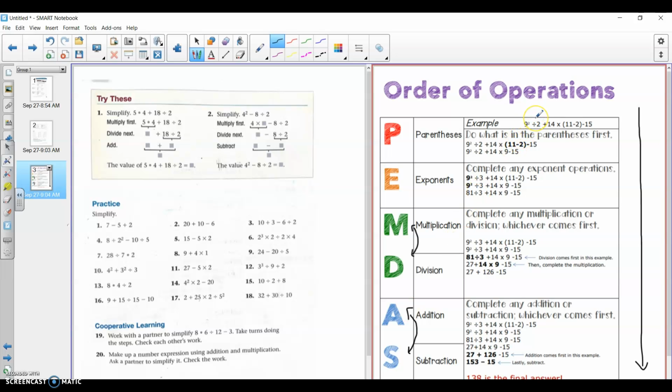If you look at this problem up here, you have a multiplication here and you have a division here. So you would have to do the division before multiplication, but obviously you have exponents, and then you also have parentheses. So you start with the parentheses. That's why I said top down. And what you're doing, you're working left to right on the problem. So if this was your problem, 9 squared divided by 2 plus 14 times 11 minus 2 in parentheses minus 15, you have to go left to right on this problem until you simplify or get it down to what